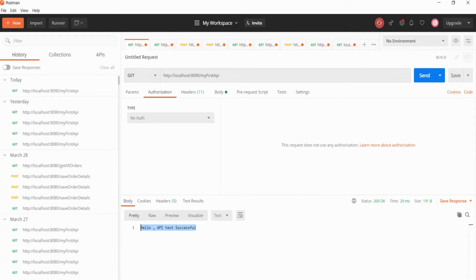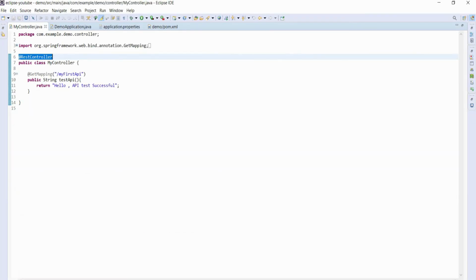When you hit this API, it comes to this controller layer. But how does it know where it has to go? So this annotation takes care of the controller layer where your request comes.